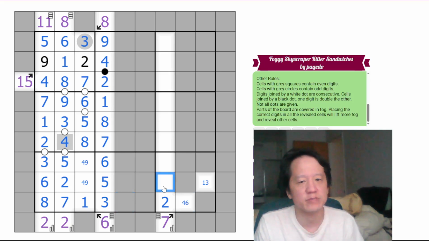This is at minimum 4. Sorry, at maximum 4. So this is not 2. It's 1, 3, or 4 here. This is at maximum 5, but it can't be 5. So this has to be less than 5, which makes this 1 or 4. Well,